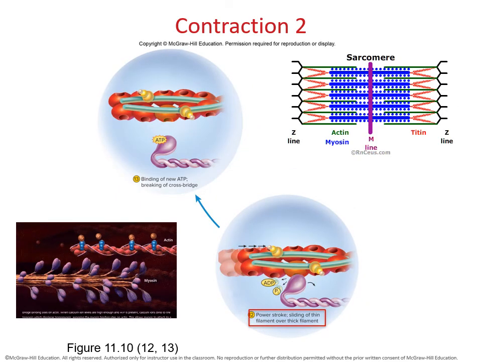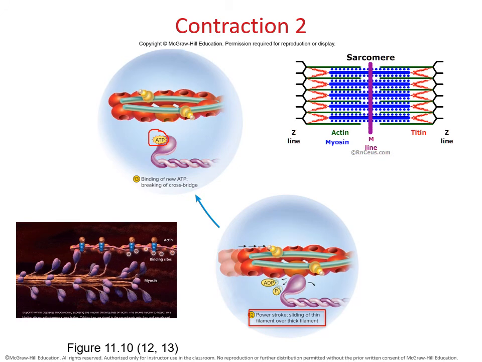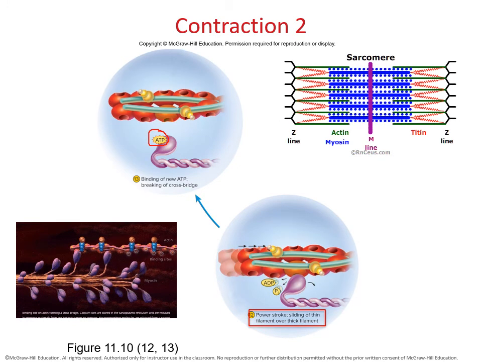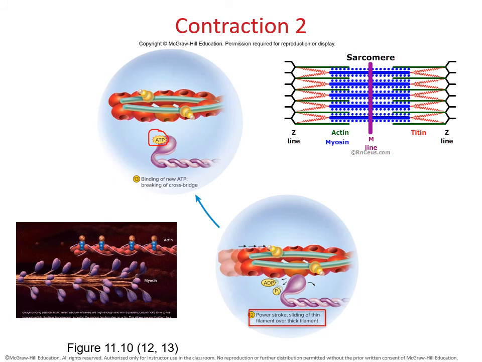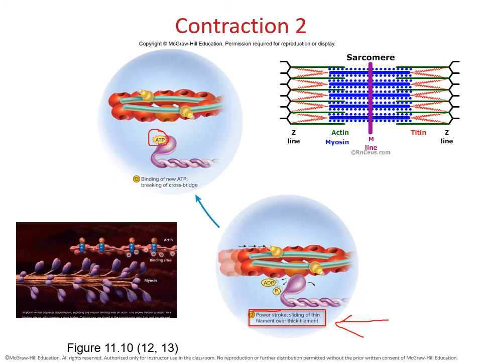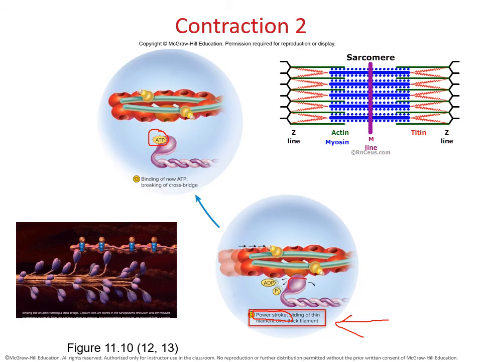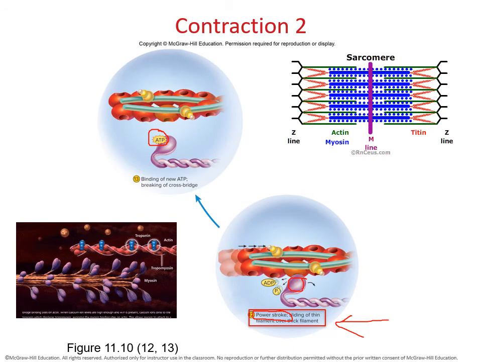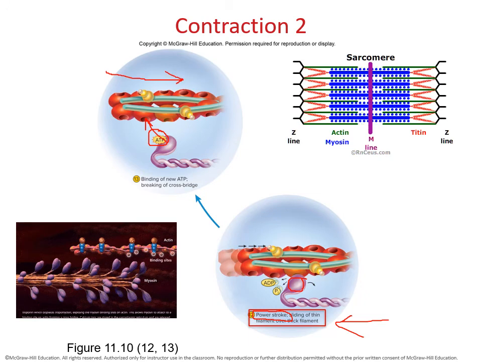Here we go. So once we made our initial cross bridge, we see that we're going to take another ATP molecule, and it's going to break some of the cross bridges so that the head of the myosin can detach from its original location, and it's going to be able to glide over to a secondary location. So starting right here at the bottom, we're going to see a power stroke. And a power stroke literally means that the head is going to remove itself from its initial location, and it's going to make a secondary attachment right here, and it's going to slide the thin filament along the way. So it's going to look a little like this.